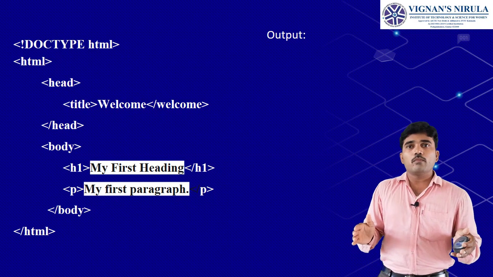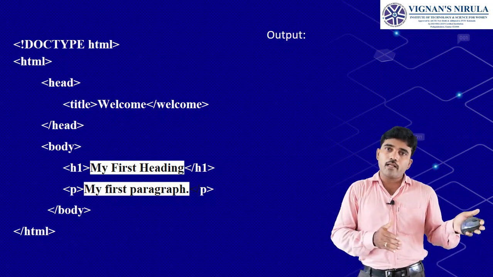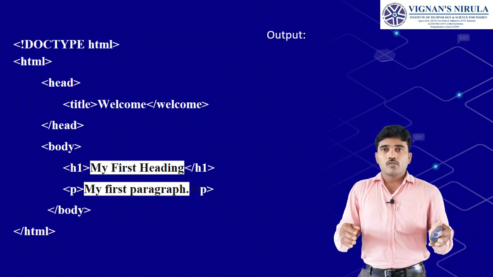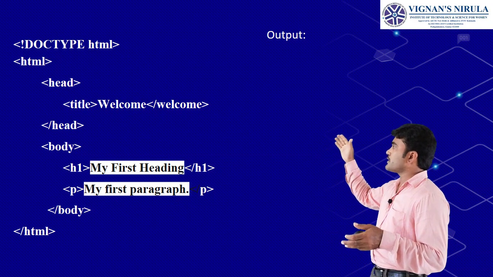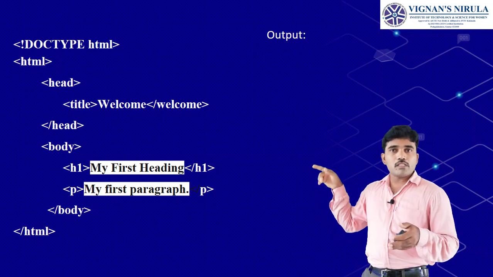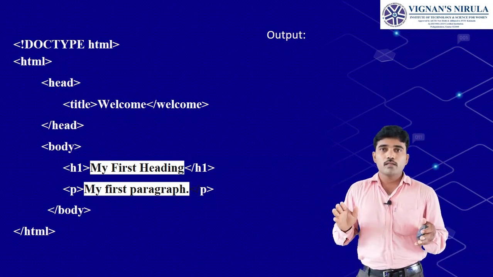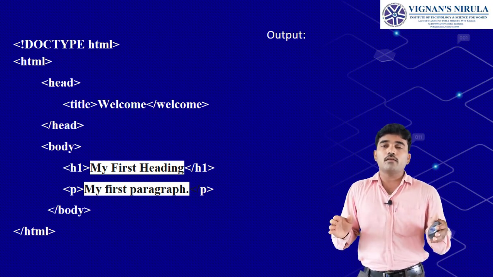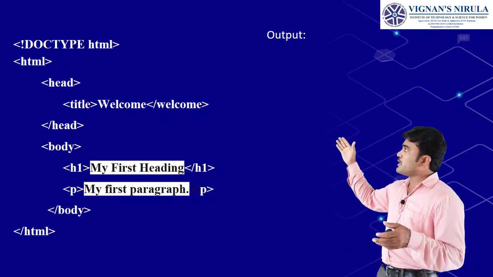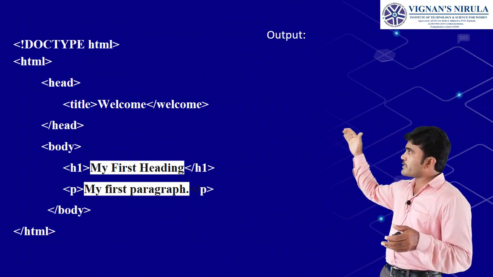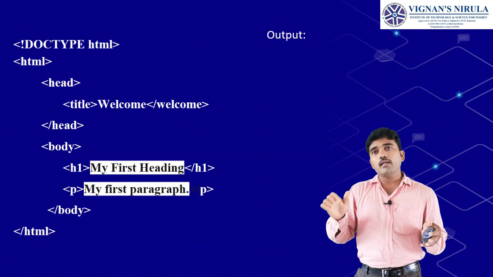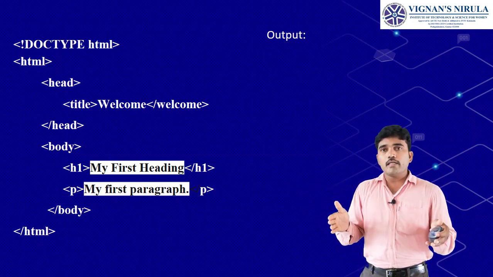You have to notice that anything which is preceded by a left angle and followed by a right angle can be considered as an element or tag. Here this doctype space HTML should be considered like a comment. Why? Because doctype is preceded by an exclamation mark. Anything preceded by an exclamation mark can be considered as a comment. After the doctype section, the next line is HTML. As usual, HTML is preceded by a left angle and followed by a right angle, so you can consider it a tag.